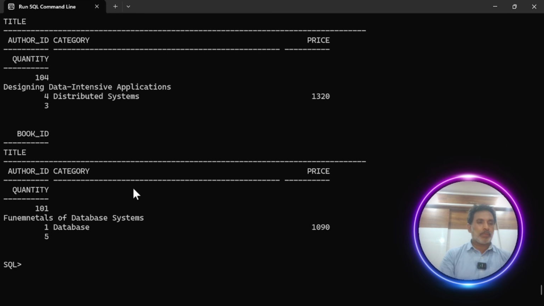We have to give this some width so we can easily identify the book ID, title, price, quantity. Okay, so the quantity is still 5 only. So that means the commit, that is a simple classification. Suppose if you just want to understand in detail,